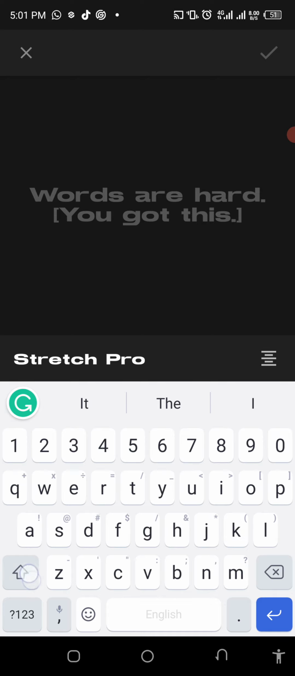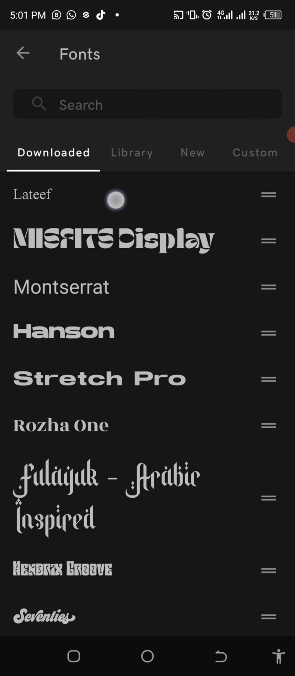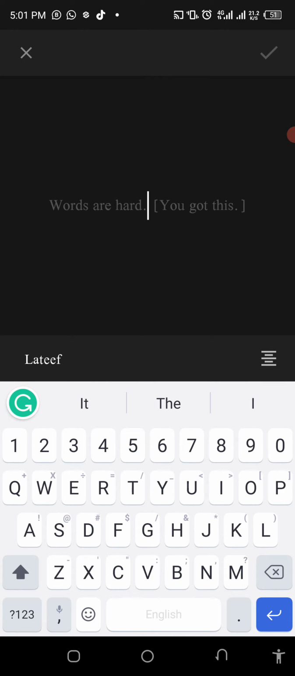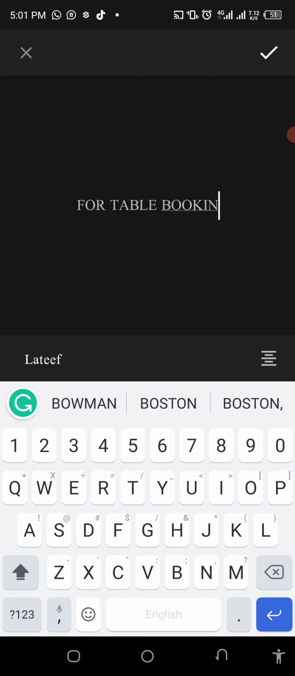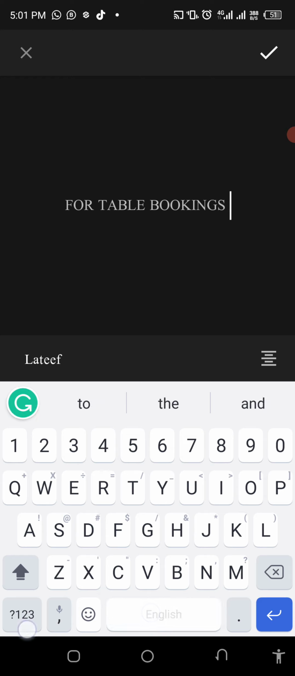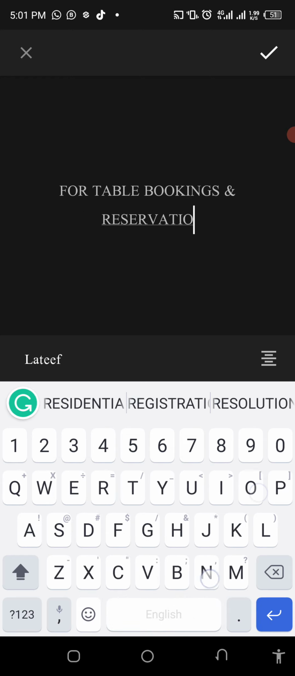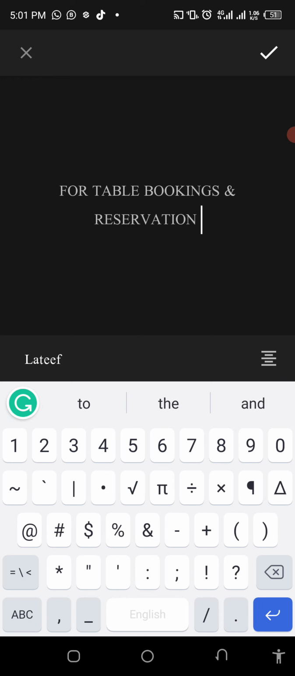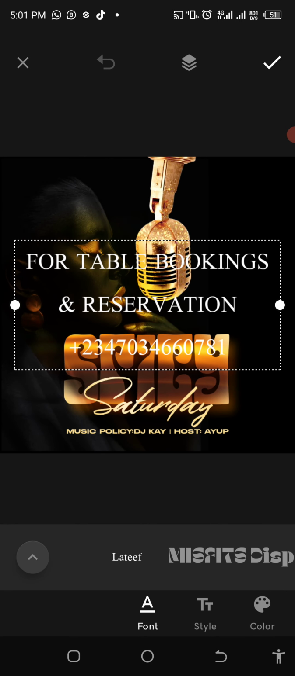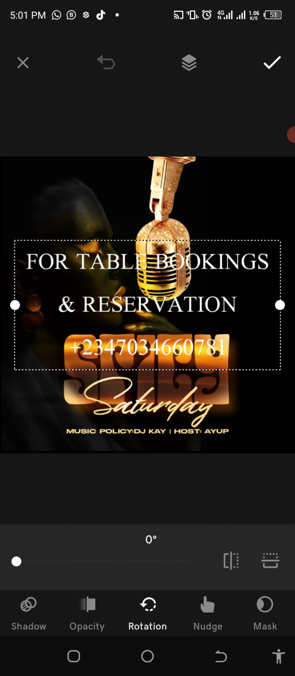Then we put in, let's change the font first to Latif. Then we put in, let's say, for table bookings, and let's say reservation. Okay, so we just put the phone number across. This is just for educational purpose, so I'm putting my phone number. When you are able to put that, you just rush quickly to